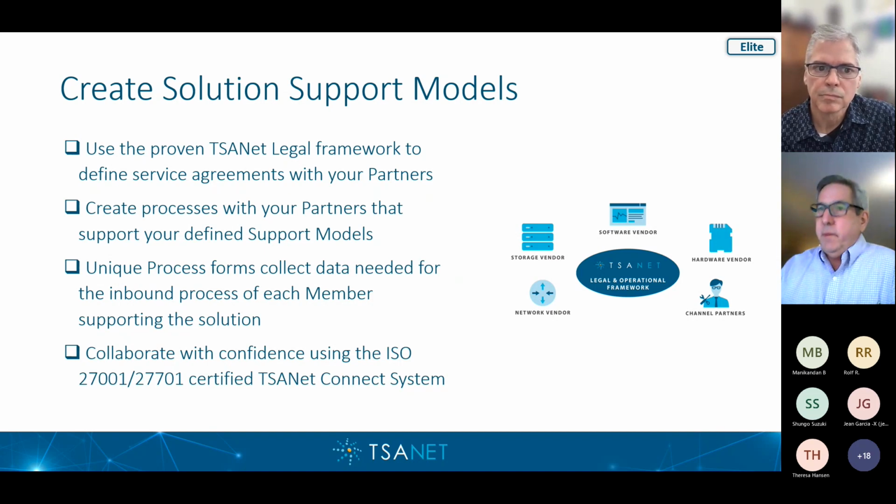This could be something different than that. This could be a solution support environment where you're doing something well outside of where it involves the mutual customers already been identified, or you're doing first level support, or you're doing third level support, whatever that happens to be. Again, what I would emphasize is don't look at TSANet as, oh, there's always got to be a mutual customer involved. Far from it. You can actually create your own relationships through the model to do whatever it is that